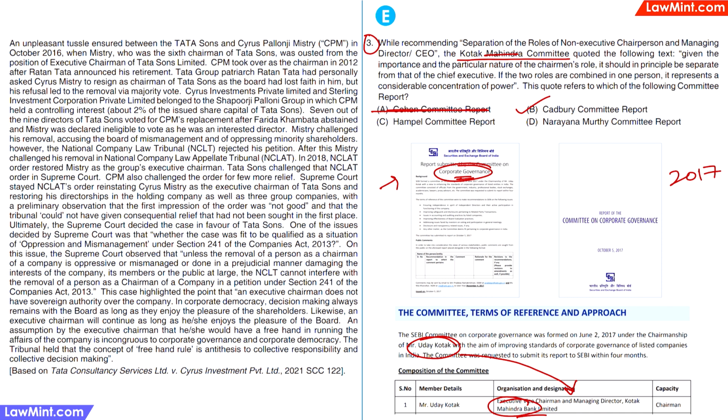also unreasonable because the Cadbury Committee was set up by the London Stock Exchange in 1991 and this report came out in 1992. Or another possibility is that these reports have been covered during your LLB corporate law classes, which is again a little far-fetched unless your university syllabus has an in-depth corporate law core or optional subject. So in short, this is a completely random question, so don't worry if you are not able to answer this